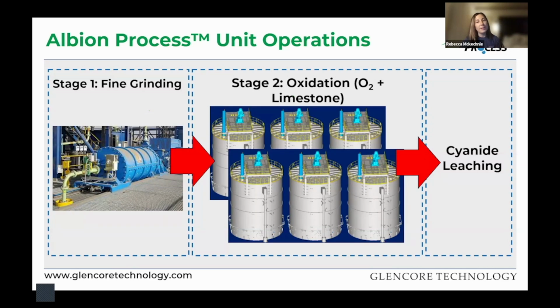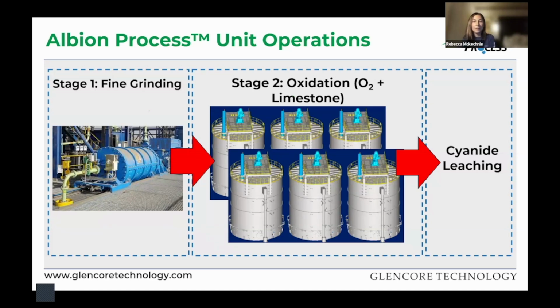So the leach is typically maintained at a pH of about 5.5, and this is achieved by simply dosing a limestone slurry into the tanks as the sulphide oxidation is occurring. That sulphide oxidation is facilitated by the sparging of oxygen itself. Pyrite or arsenopyrite, which are typically the predominant gold hosts, begin to oxidize and generate acid, and that acid is neutralized via the addition of that limestone to maintain a pH of 5.5, which is ideal for pyrite or arsenopyrite